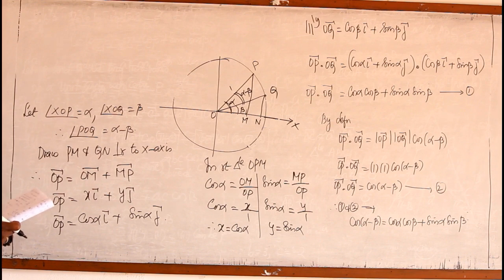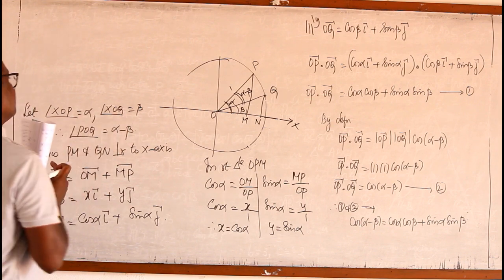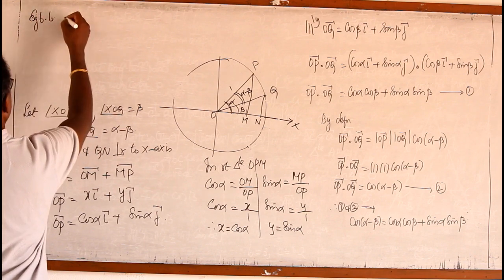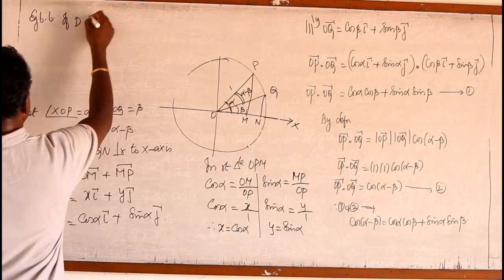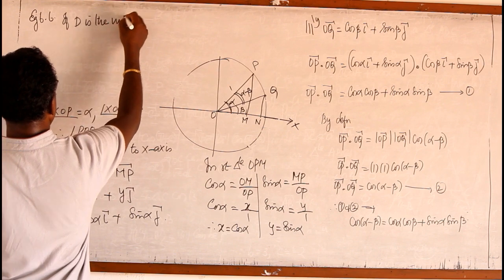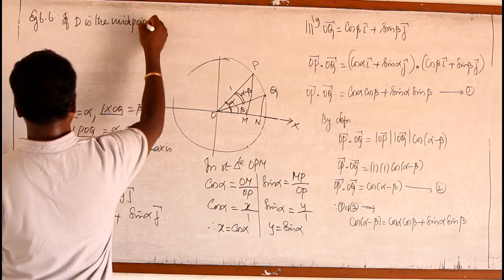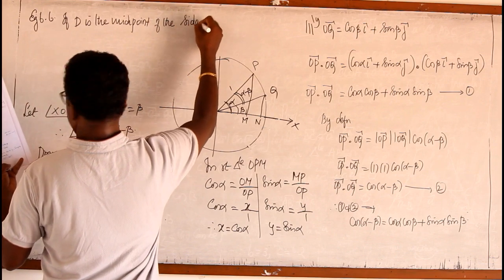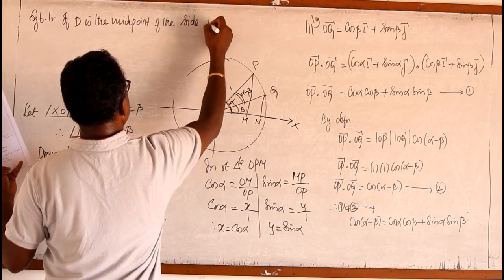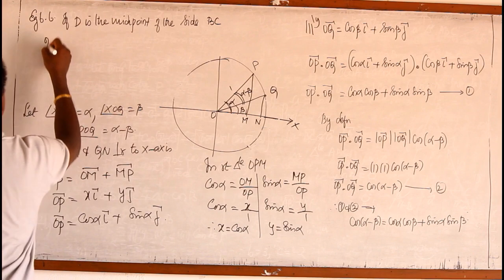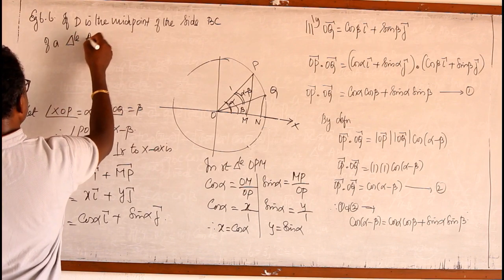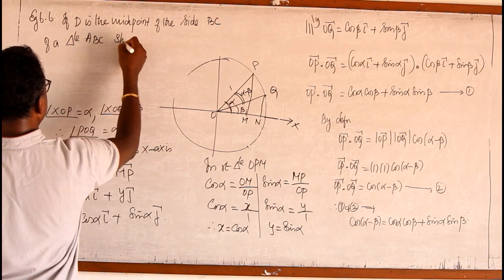As we are doing only the scalar product problems, we should go for the next example, example 6.6. If D is the midpoint of the side BC of a triangle ABC, show by vectors